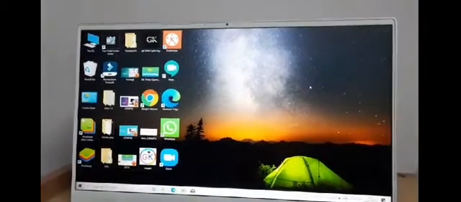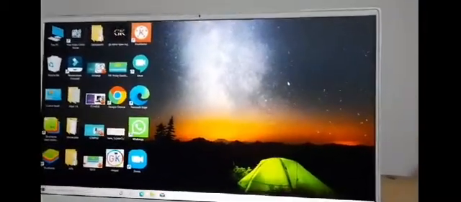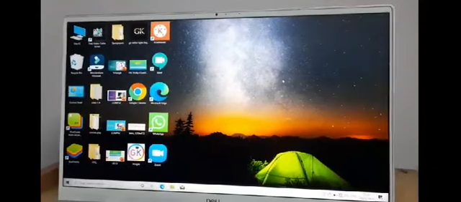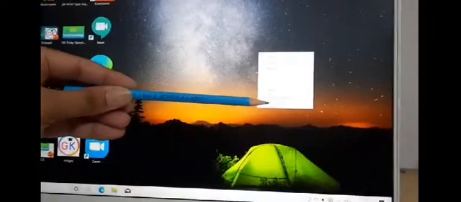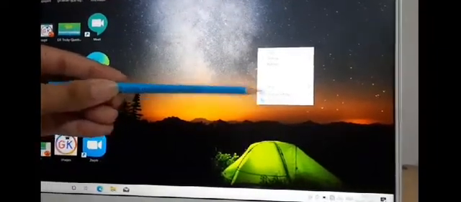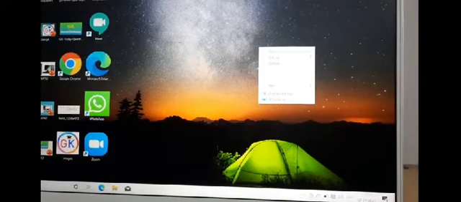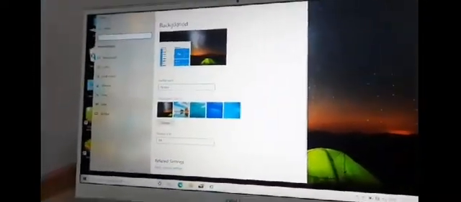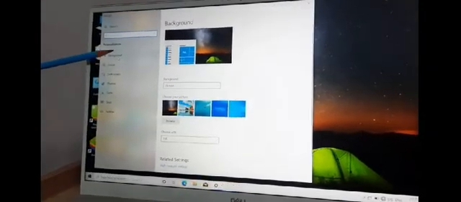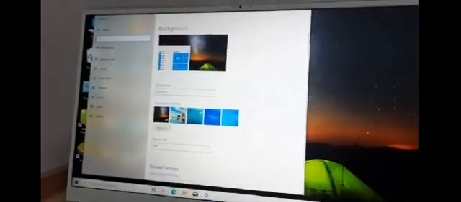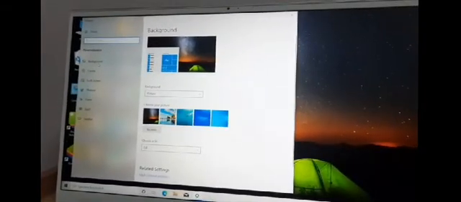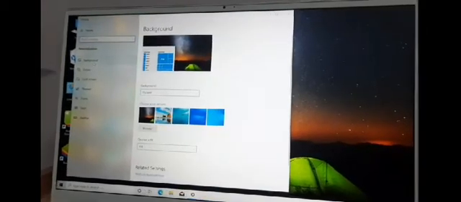Alright, now I want to change the background look. How can I change the background? So same step you will follow. First is right click. Then you will go now to the last option, which is personalize. Alright, so you will click on this icon. After clicking on this icon, you can see there is one option of background here. In some computer, desktop background is there, and in some computer only background is there. So you will click on this background option. When you click on this background option, you can choose any background images from here.